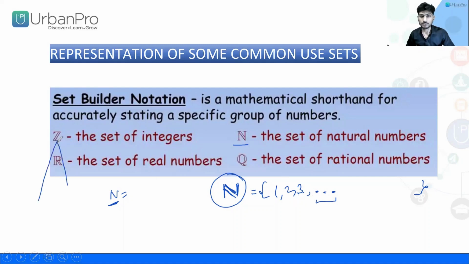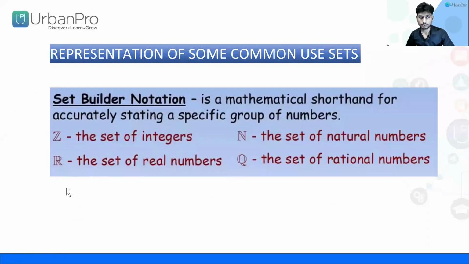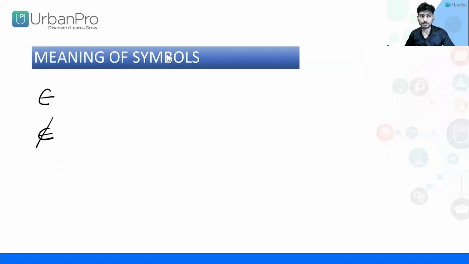And the same here: the set of integers, which you represent with Z, like this, with this double line. The set of integers can also be divided into two parts, negative and positive. The same follows for the set of real numbers. Now come to the important part. These two symbols are the most important part, because in the whole set theory you will have to use all these symbols. This is most important.